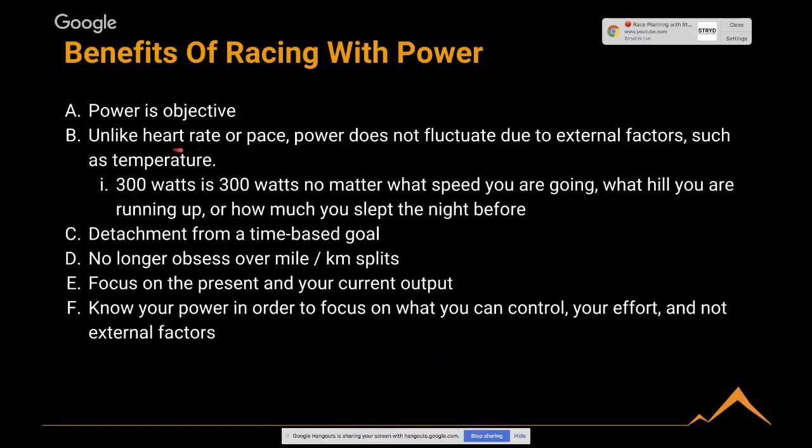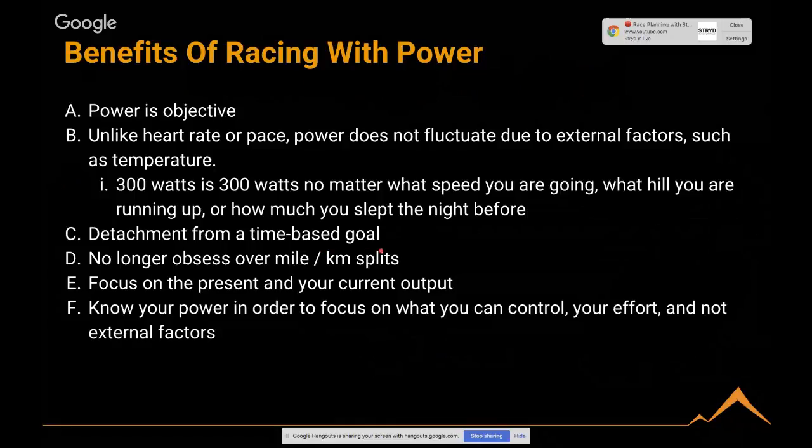And the same goes for heart rate. If your heart rate is starting to vary, you can choose to keep your power constant and not get spooked by a changing heart rate based on, for example, how much you slept last night or how much caffeine is in your system. And one of the big points that doesn't get hit on very often is the mental aspect